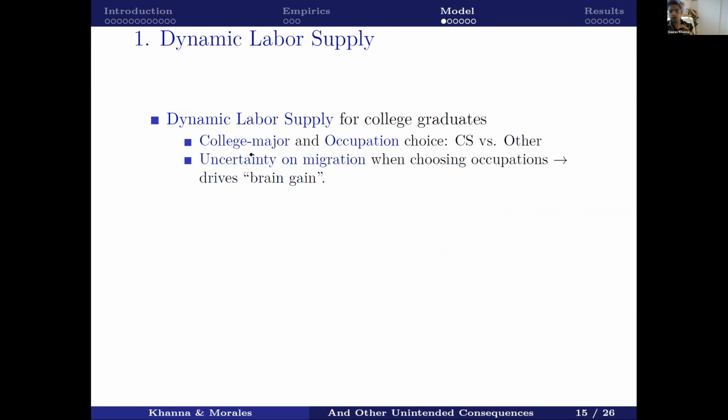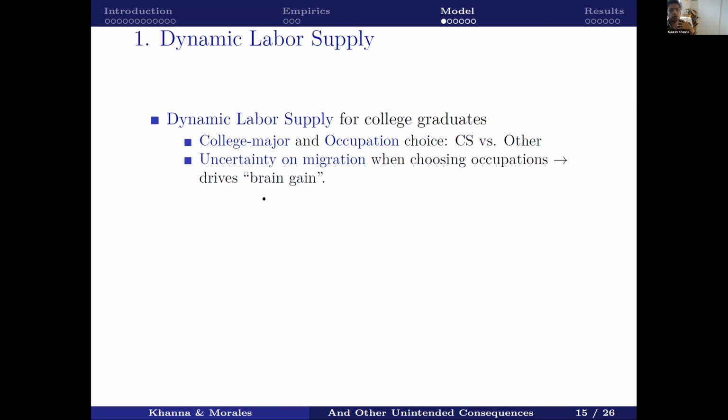So firstly, we had to model dynamic labor supply, which means you want individuals to choose whether they become computer scientists, what they study in college. Do they study a computer science major, do they study something else? After they graduate from college, do they work in computer science or in a different occupation? This kind of job choice really is important, because that's what's going to allow you to have this kind of brain gain response in India,